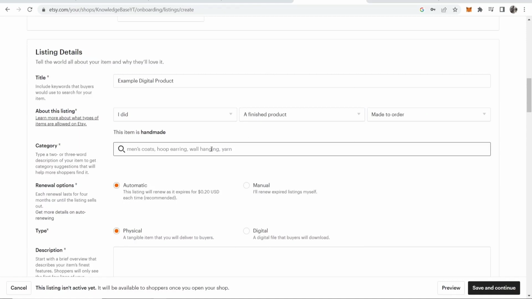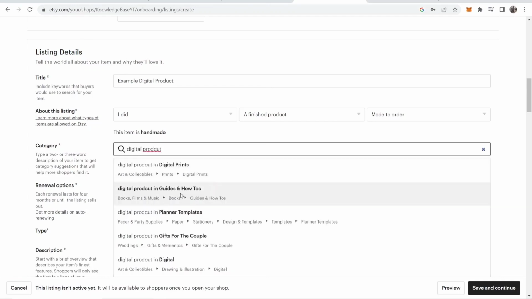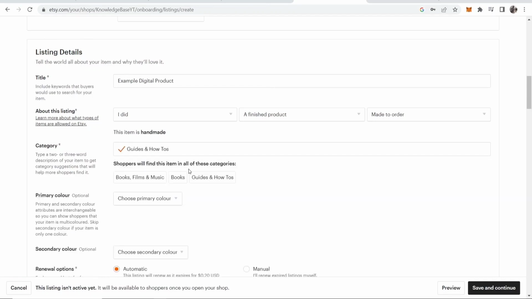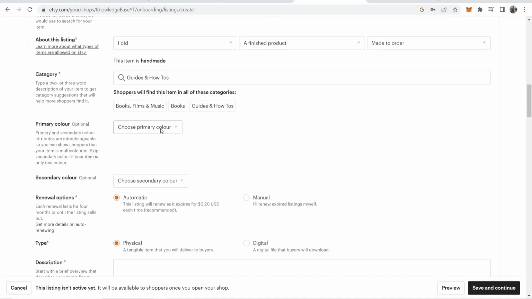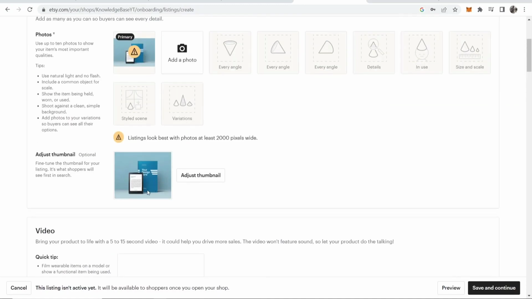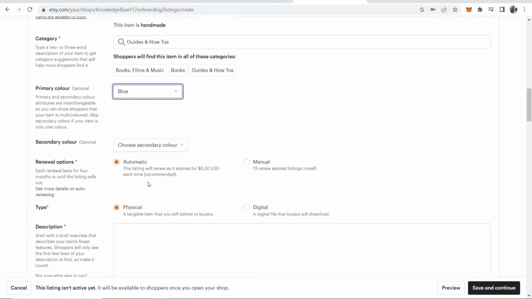And in the category I'm just going to type something like digital product in guides and how-tos. So we'll run with that. Guides and how-tos, that's fine. Now you can choose a primary color here, so I'm going to choose blue because the ebook is kind of like a blue color. And then we'll scroll down here, we're going to leave secondary color, but for the renewal